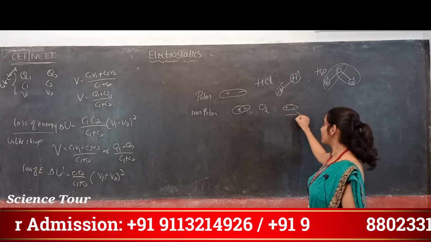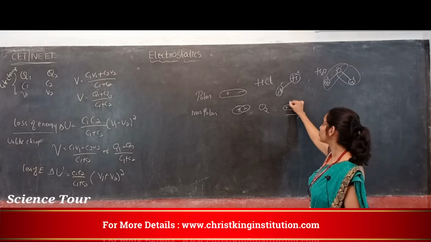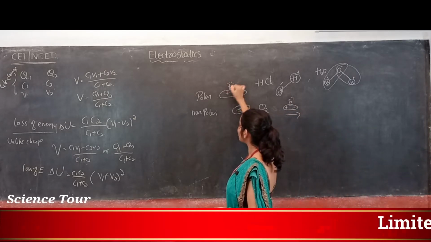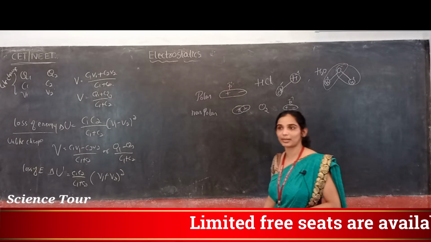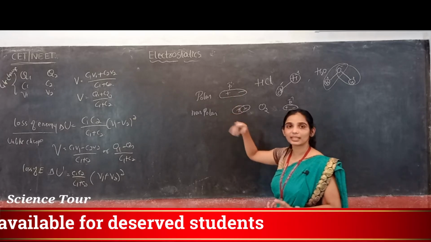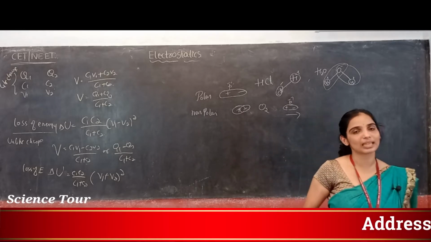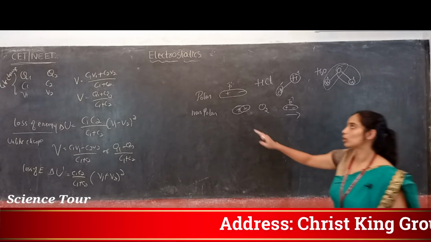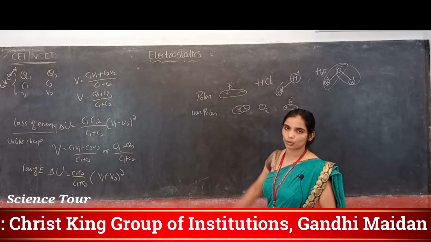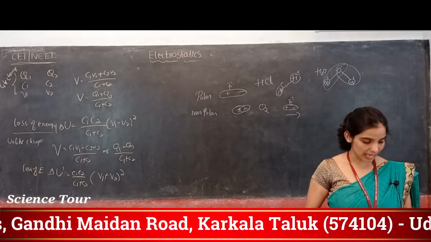If you apply an electric field like this, the positive charge will be repelled and the negative charge will be attracted. So they will have a dipole moment in the presence of the electric field. But polar molecules already have a dipole moment because positive and negative charges are separated. When you apply the electric field, they will try to align. They are already separated, so now they will take the direction. Non-polar molecules don't have a dipole moment in the absence of an electric field, whereas polar molecules do. So this is about dielectrics and types of dielectrics.